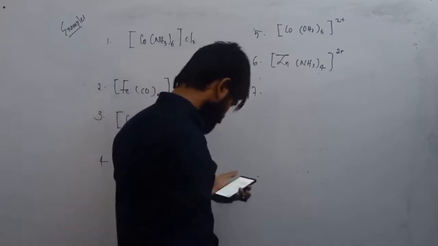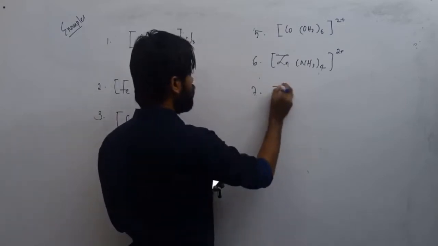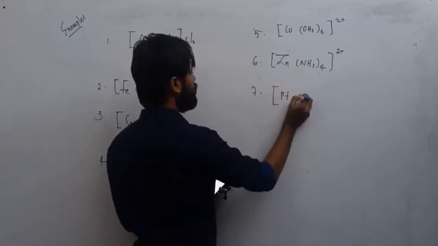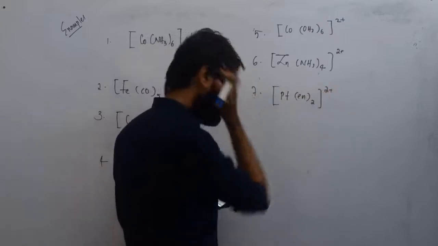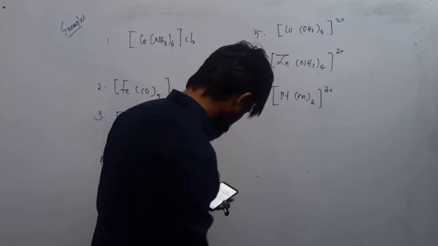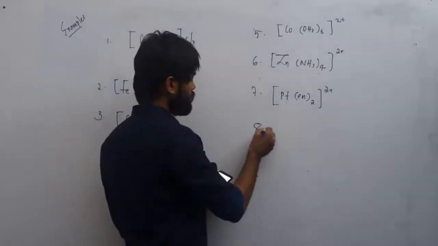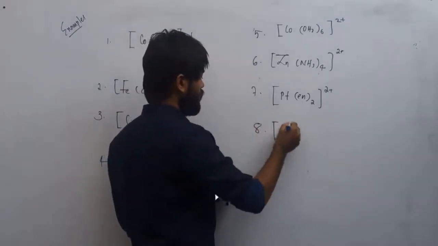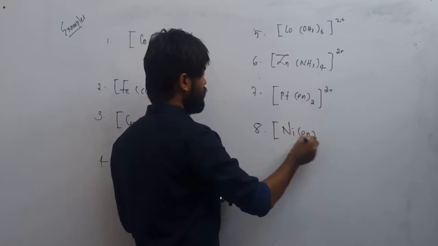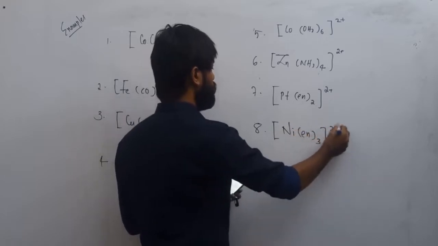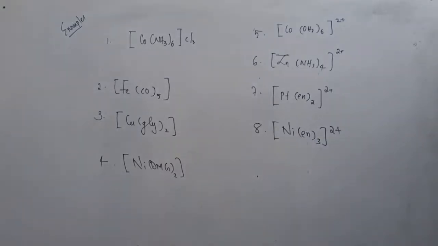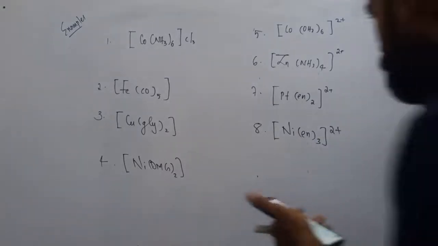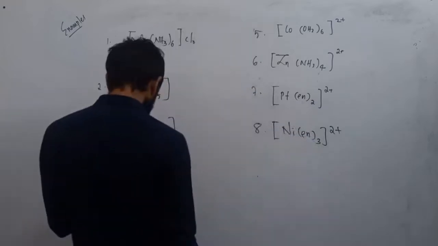Next one, PT En twice all of 2 plus. Next one, Ni En thrice all of 2 plus. Okay. Next one,